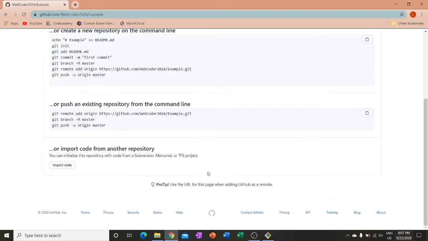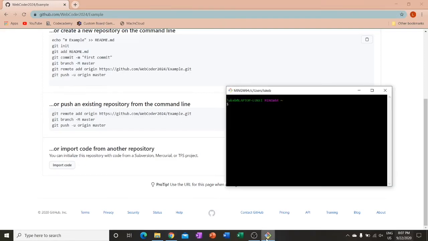Okay, so now we are going to type the code that says push an existing repository from the command line. So what this means is that you have already committed all of your files into a Git repository and you want to push them to a GitHub repository and publish them onto the internet. And so what you are going to do is go into your file,